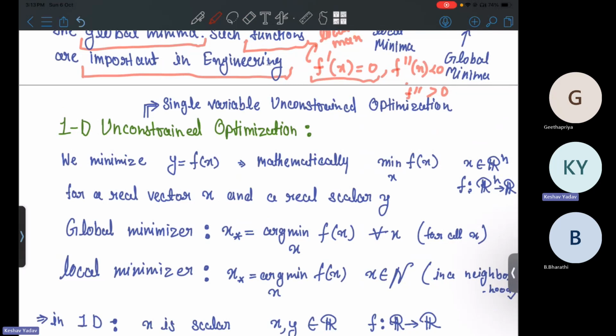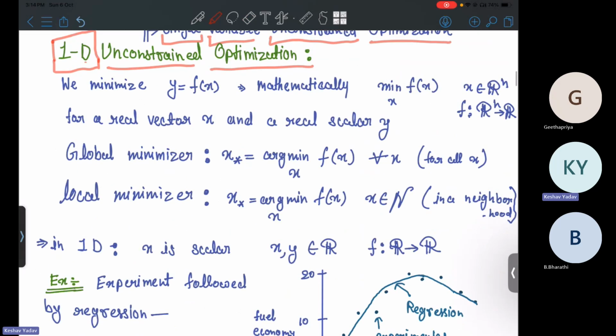Now we will start with the simplest case, which is 1D unconstrained optimization problem. Here in this course, we will study only unconstrained optimization problems. So first we will start with the one-dimensional unconstrained optimization problem, which is also called the single variable unconstrained optimization problem. So in general, what will be the case? In general, we wish to minimize